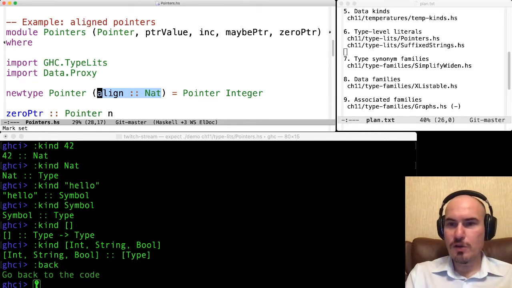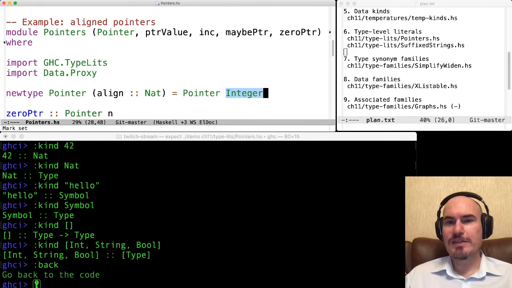So I want to encode this alignment right in the type. And I also want to keep the pointer value here as an integer. But it will not be just any value, it will actually be an already aligned value. So we'll see how we set it.